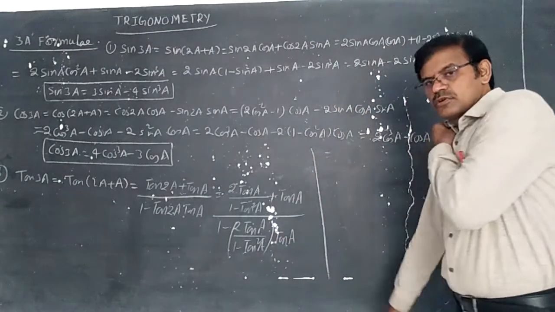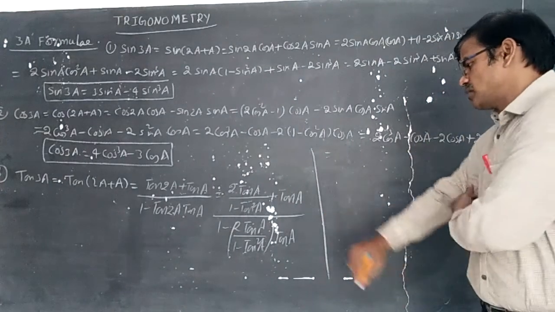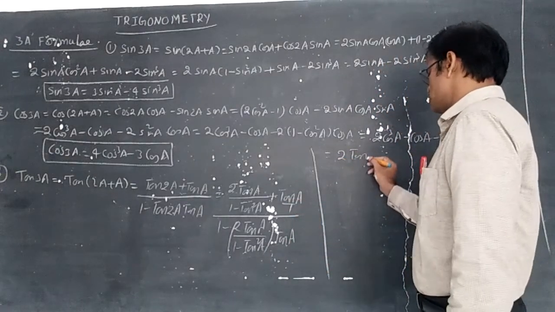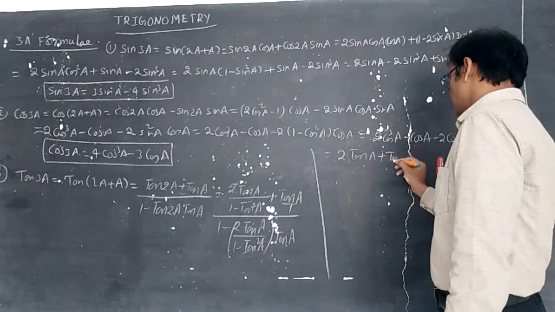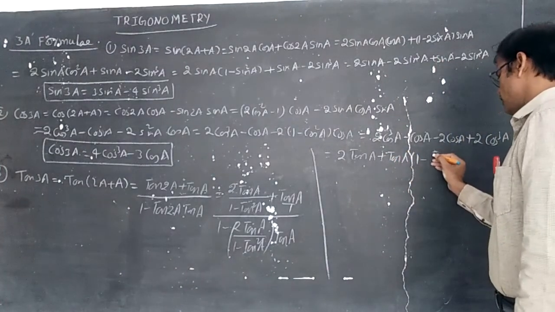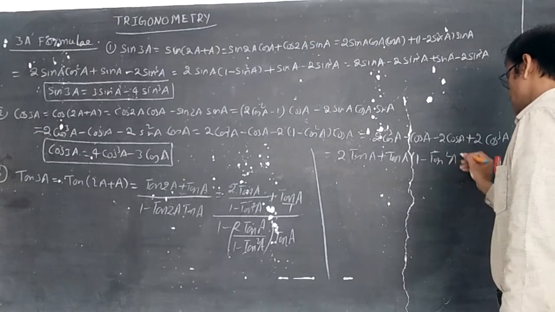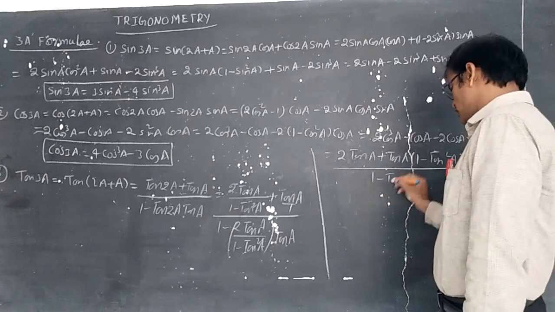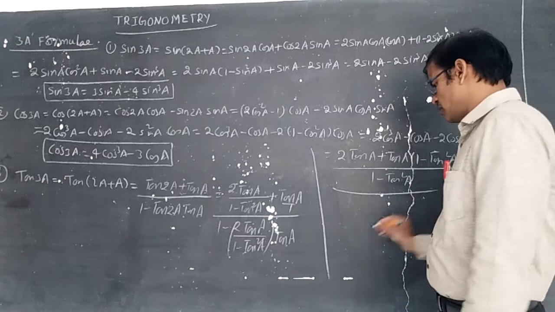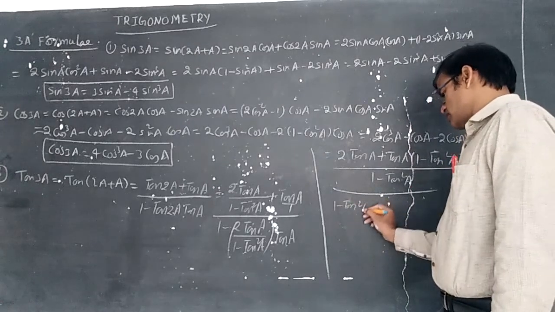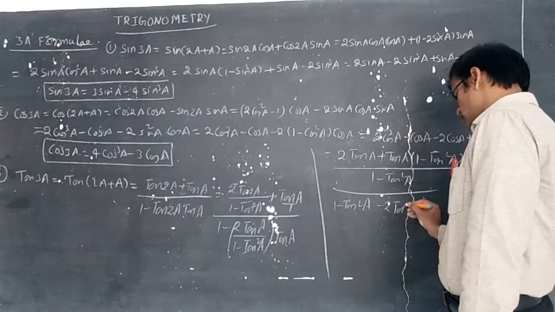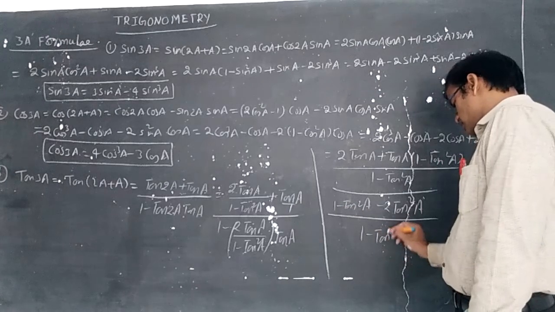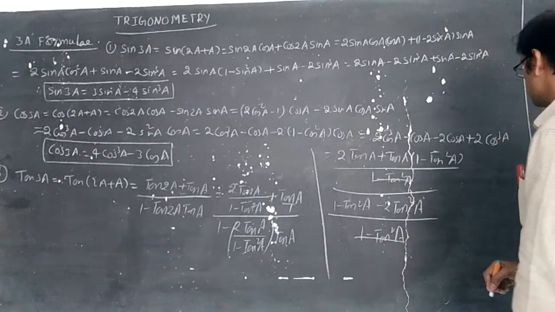That is equal to 2 tan A plus, take an LCM here, 1 minus tan square A by 1. Take an LCM: this is 2 tan A plus tan A into, within brackets, 1 minus tan square A, whole by the denominator 1 minus tan square A, whole by, again the denominator 1 minus tan square A, minus 2 tan A into tan A, which is 2 tan square A, whole by 1 minus tan square A. The denominator 1 minus tan square A gets cancelled.